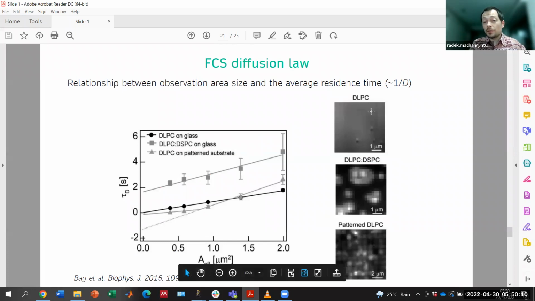So this is just an example that if there's just a supported lipid bilayer, then the intercept is 0. As expected, the diffusion is free, no obstacles. While this is the phase-separated bilayer, which has a large positive offset, and this is to simulate the semi-permeable barrier. So this is a lipid bilayer prepared on a patterned substrate, and this is patterned in such a way that